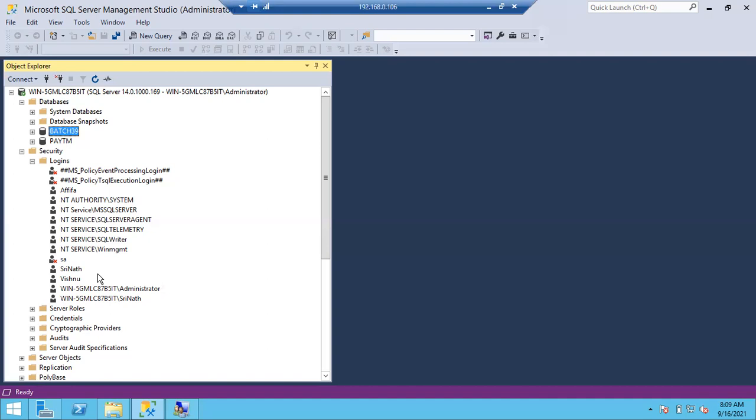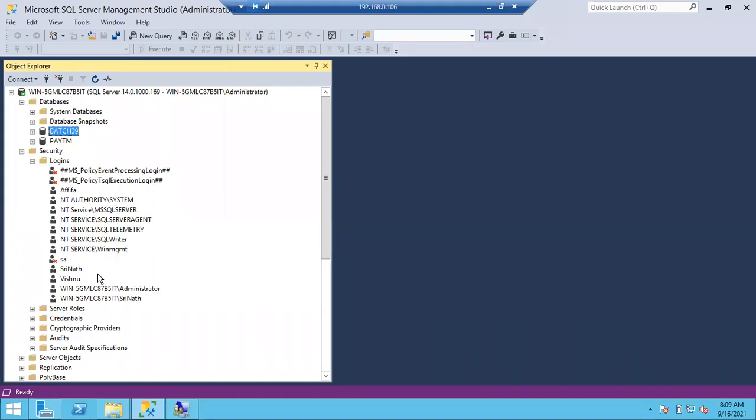I'll ask them to check with the Windows team. Hey guys, please go with the Windows team. Ask them to create an AD group for them. The Windows team will create the AD group. AD group means it's a group. In the Active Directory, they will create a group that is called an AD group.